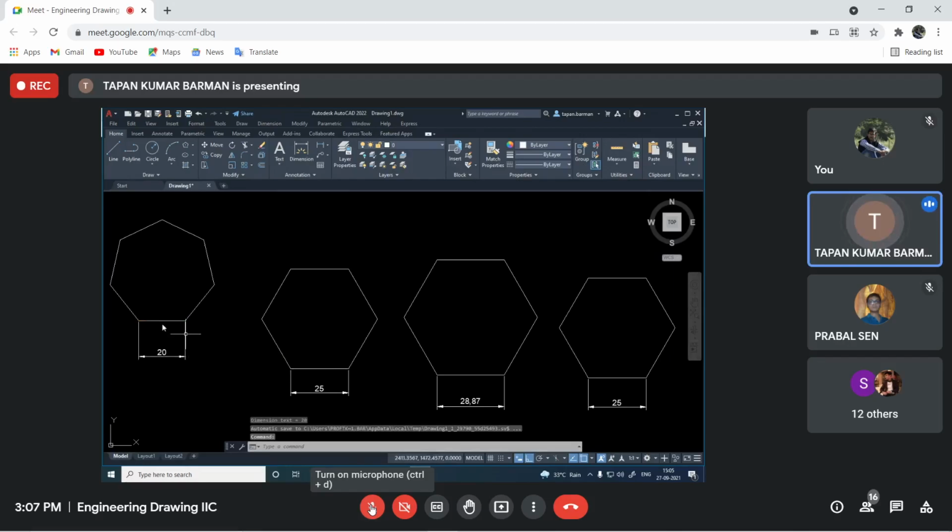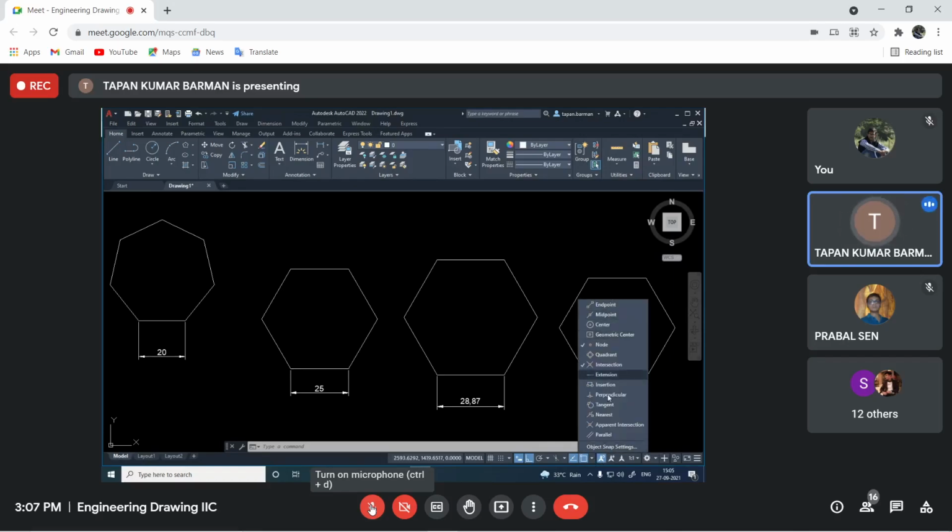But sometimes you cannot pick this endpoint. Then what do we have to do? We have to go for OSNAP mode, object snapping mode. You know OSNAP, object snap. From here, you will find these options: node, intersection, endpoint. To select the endpoint to provide the dimension, you need to turn on this OSNAP.